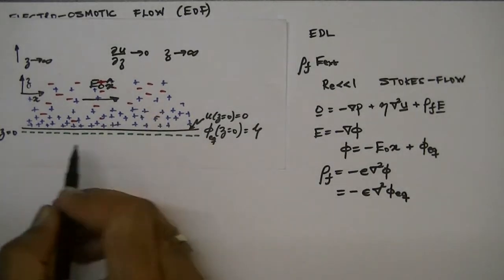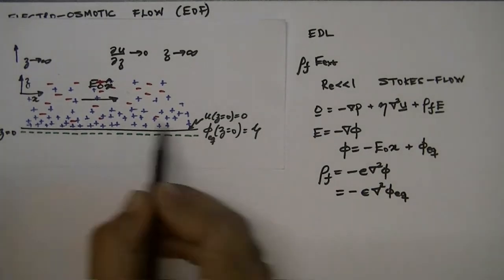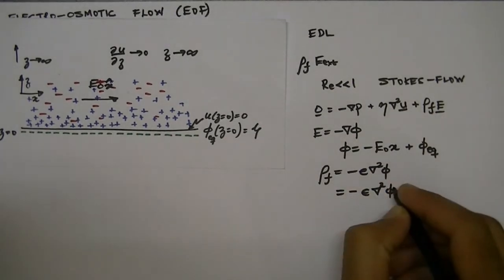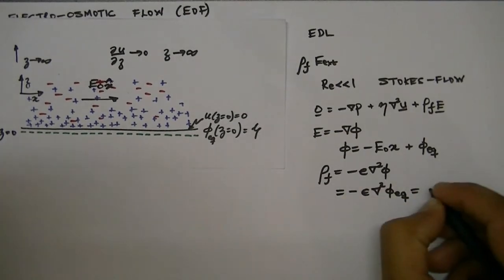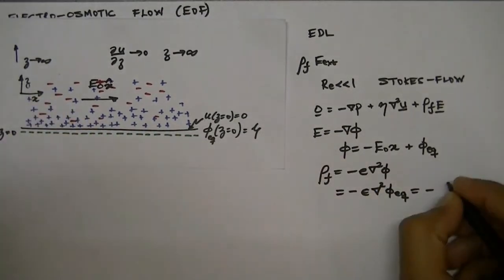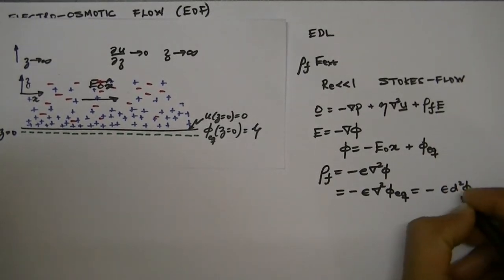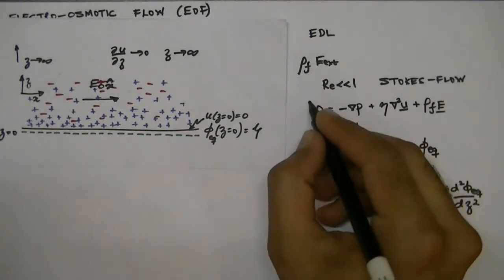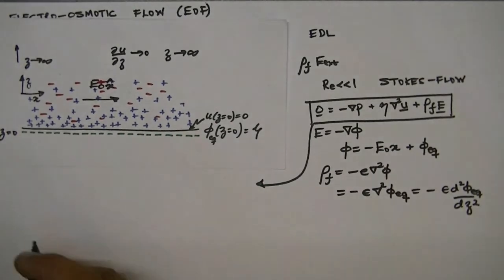Now because in our problem all the variables are uniform along the x direction, the only variation in the equilibrium potential is in the vertical direction, in the z direction. So this can be written as minus epsilon d squared phi equilibrium over dz squared. So a final equation, this equation can be simplified as